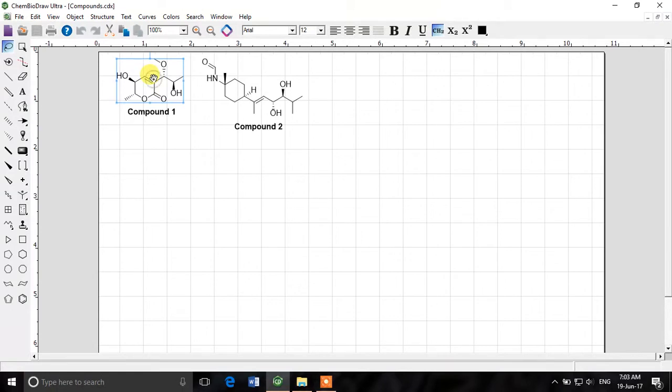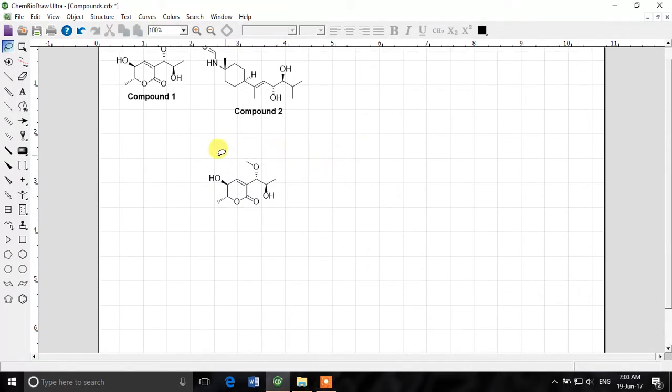So you now click and drag this structure, so you will be making a copy of it. And leave the click, leave control. Now we have made a copy of compound 1, and we'll work on this copy now. So we can make another copy to show you some cool things. So we select this and make another copy of it